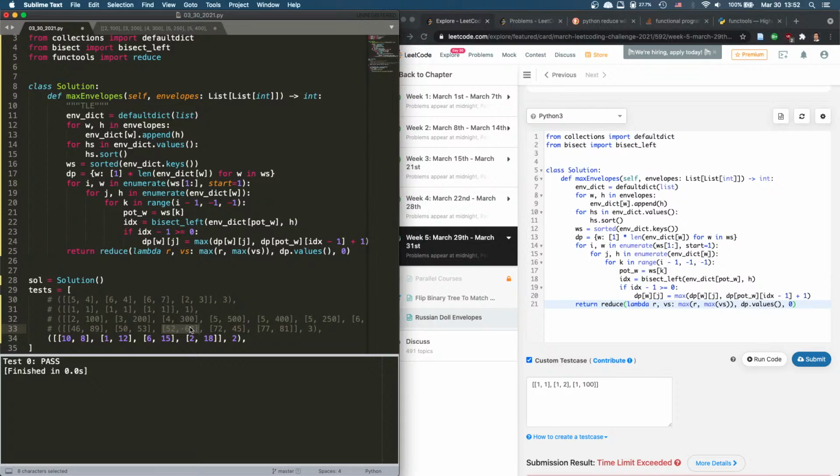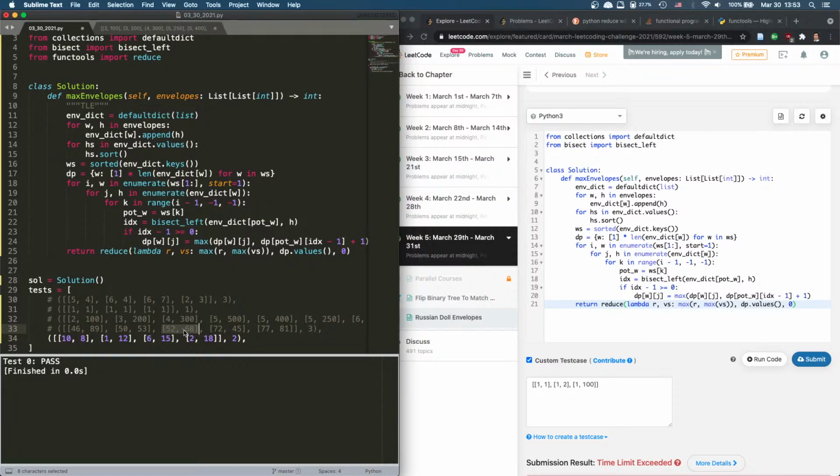And now we have to go through all these. Do we need to go through all these? I mean, we know that this, right, cannot contain this because this one is smaller than this one. So this cannot contain this,